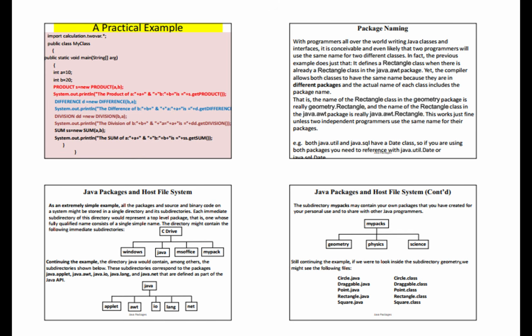In fact, the previous example does just that. It defines a Rectangle class when there is already a Rectangle class in the java.awt package. Yet, the compiler allows both classes to have the same name because they are in different packages and the actual name of each class includes the package name. That is, the name of the Rectangle class in the geometry package is really geometry.Rectangle, and the name of the Rectangle class in the java.awt package is really